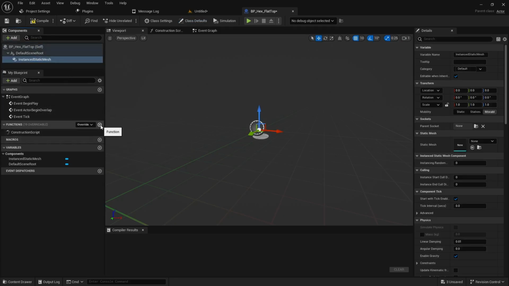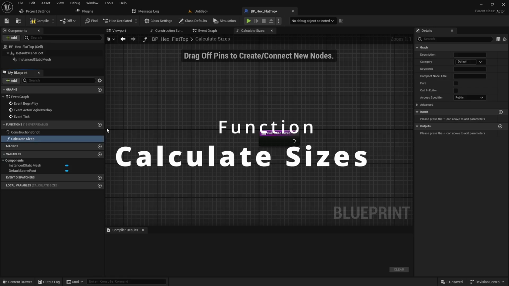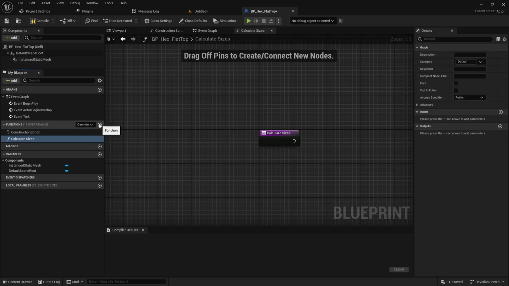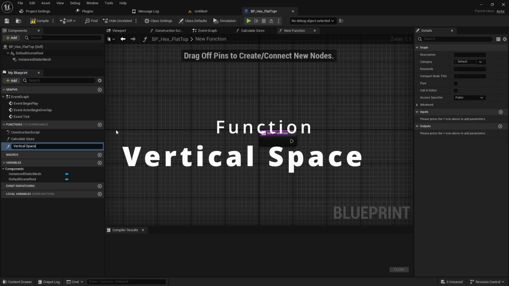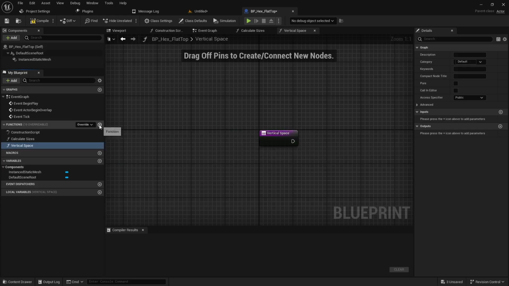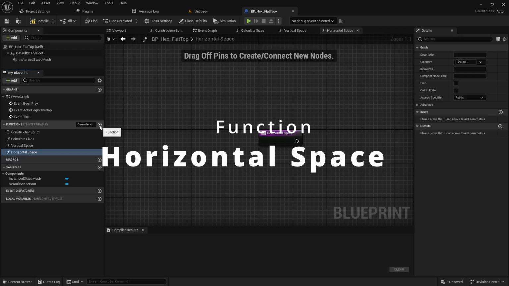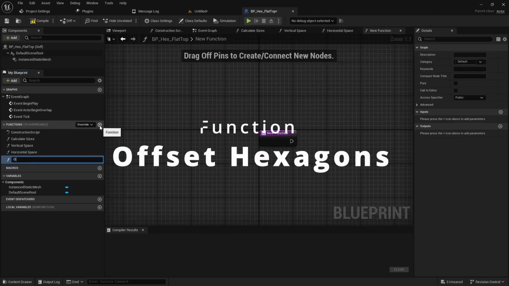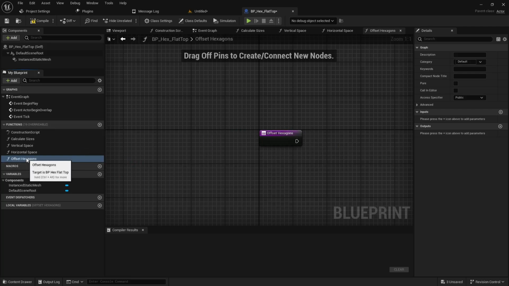We're going to be creating 4 functions. The first function we will call calculate sizes. That'll give us our diameters and our radii, which there's 2 of each. Our second function we'll call vertical space, which will calculate the vertical spacing. Third function is the horizontal space. Fourth and final function is our offset hexagons. This will calculate the offset for every other row or every other column, depending on how you layer or do